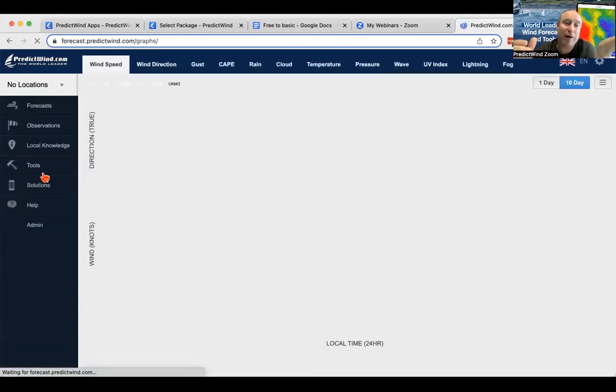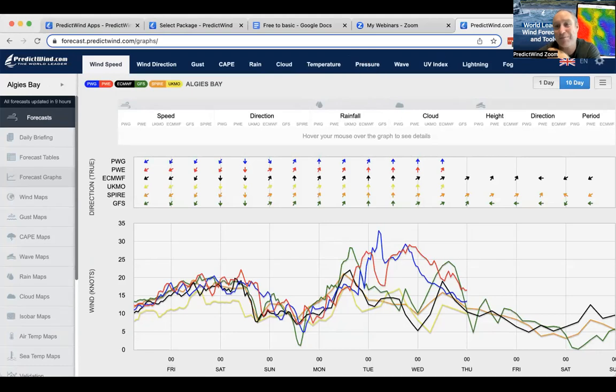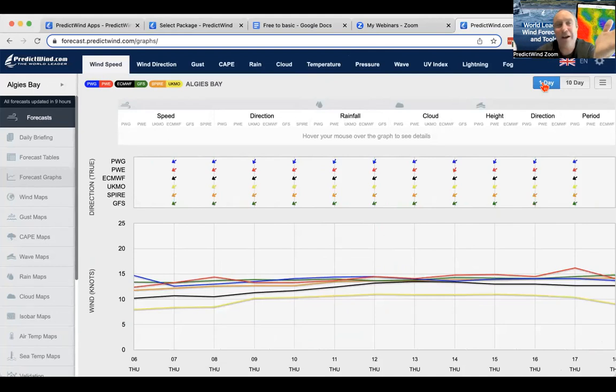Another way that you really want to look for trends is in the graphs. I didn't used to be a big fan of the graphs, but it's really warmed on me over time, especially on the day I'm going to go sailing or kayaking or windsurfing or winging or whatever it is. Is the breeze increasing or decreasing is a really important thing to know, because if I know that, it doesn't matter whether the forecast said it's 5 knots, but it's actually 8. The fact is, I know that it's increasing or decreasing,